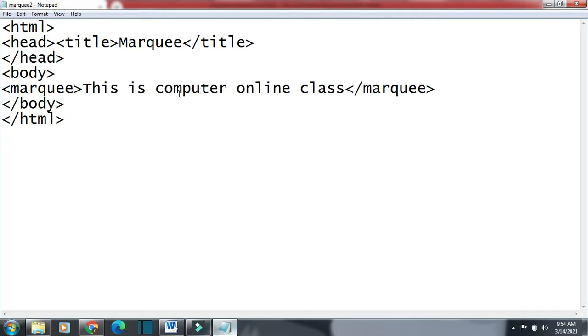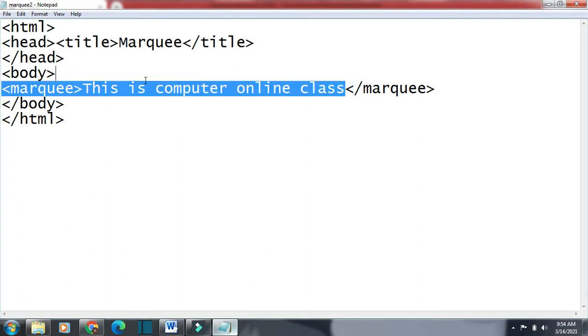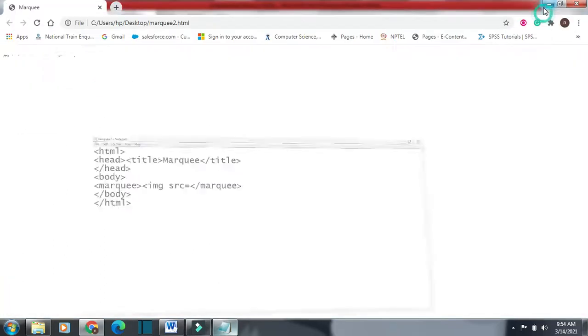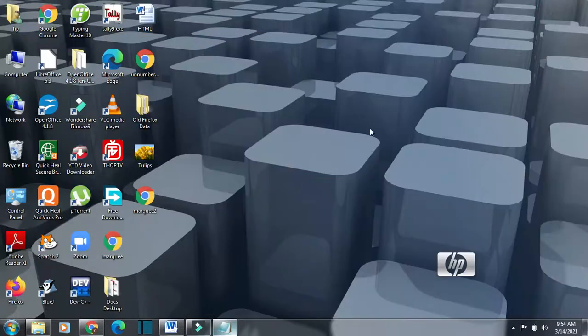We can move or we can scroll an image also. Suppose I don't want to scroll this text, so I will go for image. For inserting image, I will write img src, and then I will write the name of the image.